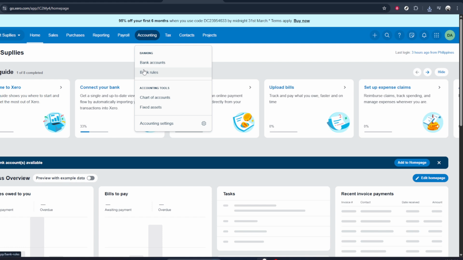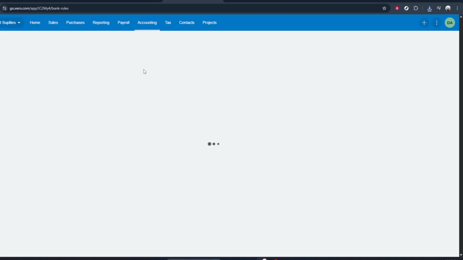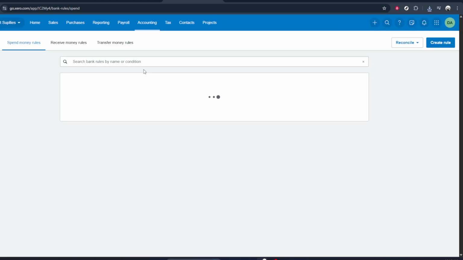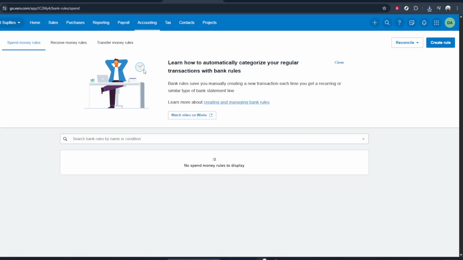Once the accounting menu opens, look for the option labeled Bank Rules and click on it. This takes you to a screen listing all the bank rules that have been set up in your organization. You'll usually see them grouped by type, such as spend money rules, receive money rules, and transfer rules. Take a moment here to scan through the list and identify the specific rule you want to delete. It's a good idea to double check the name, description, or conditions of the rule so you're confident you're working